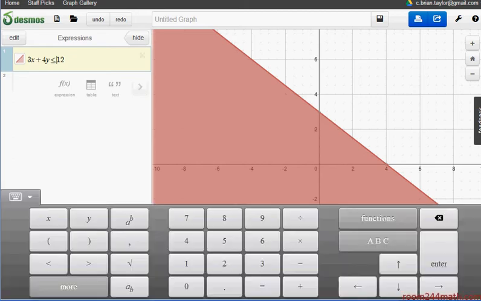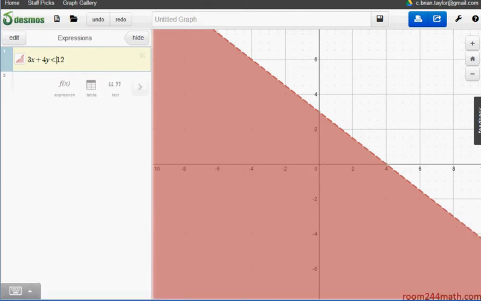We can change this from a less than or equal to a less than, and watch what happens. As we change it to less than 12, the graphing software is quite clever and it changes the boundary to a dotted line. So that's indicating that along the dotted line, the left-hand side would be equal to the right-hand side. For instance, the point there, 0, 3, if you replace x with 0 and y with 3, you get 12 on the left, 12 on the right. 12 is not less than 12, and therefore that should not be part of the solution,